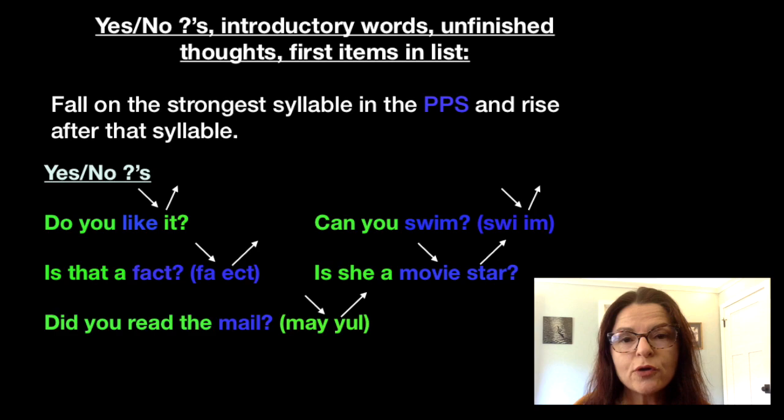Now let's look at yes/no questions. These are questions where you expect an answer of yes or no. So they don't start with when or where. They start with things like can or do or will. With a yes/no question, you'll have the opposite intonation of a WH question. You're going to rise at the end of the question, but before you can rise, you have to fall. We're going to fall on the primary phrase stress, or the most important syllable of the most important word, and then we'll rise after that syllable.